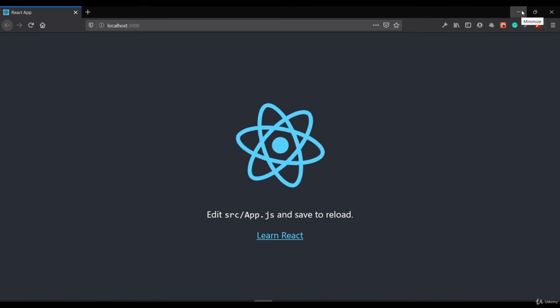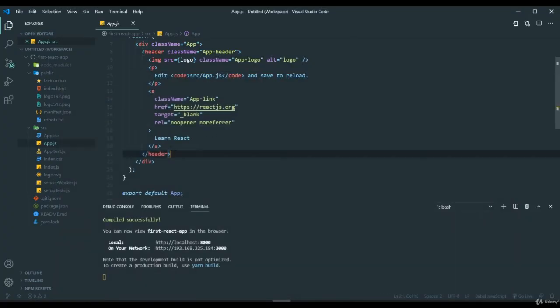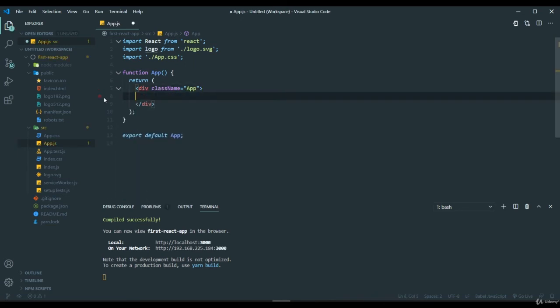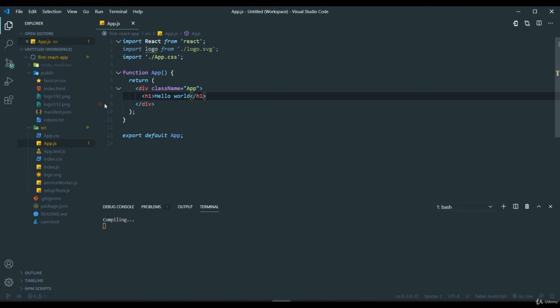Let me show a small example. If I delete all the things inside it, and put a single h1 tag with something pretty simple, hello world, and save it, it compiles, re-renders and reruns each time you save.